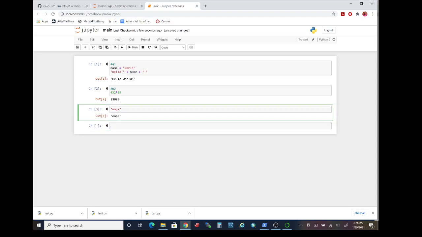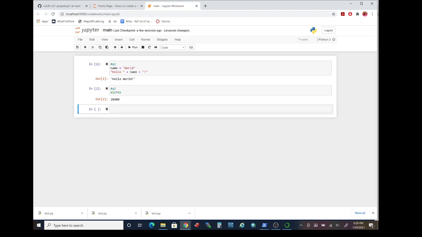What if you want to delete a particular cell in Jupyter Notebook? You can do that by selecting the cell by left clicking on it, pressing the escape key on your keyboard, and hitting DD. Once again, you'll have to hit the DD key after you press escape to delete a particular cell.